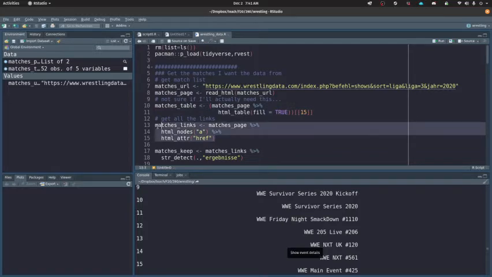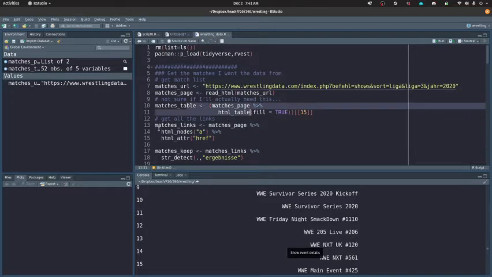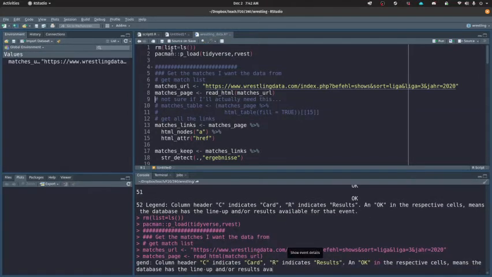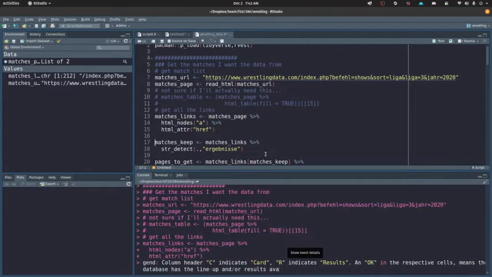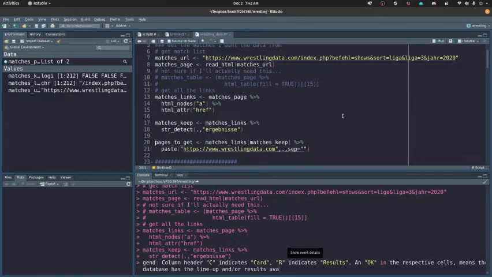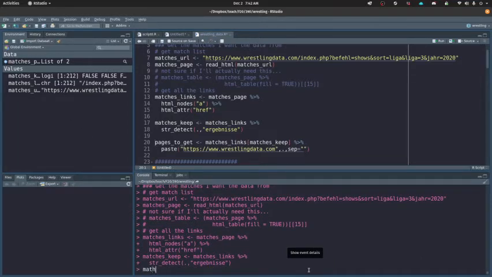Then I pull out all the links from, not from the table, from the page. I guess I'm not using the table. Oh, look, I left myself a comment. Not sure if I'll actually need this. Let's just clear it out and see if that doesn't break everything. Matches keep. So here I am pulling out of the links the ones that have their results. And then the pages to keep I am taking out of all of the links. So let's look at this. If I look at matches